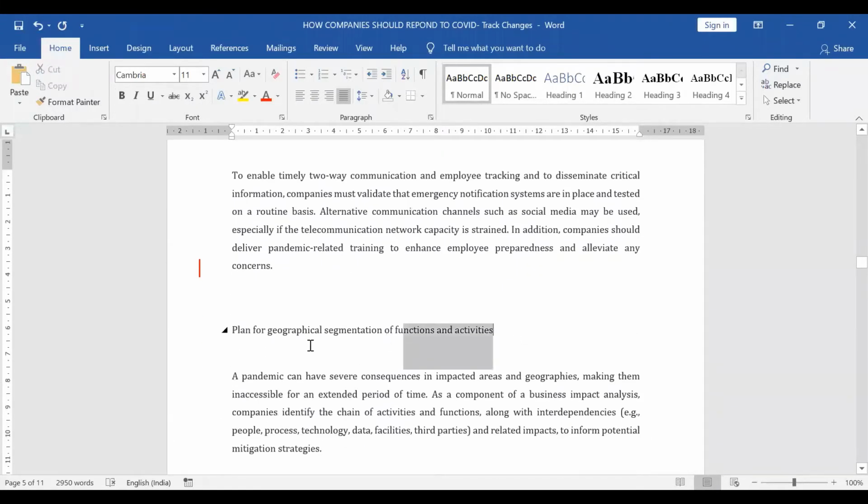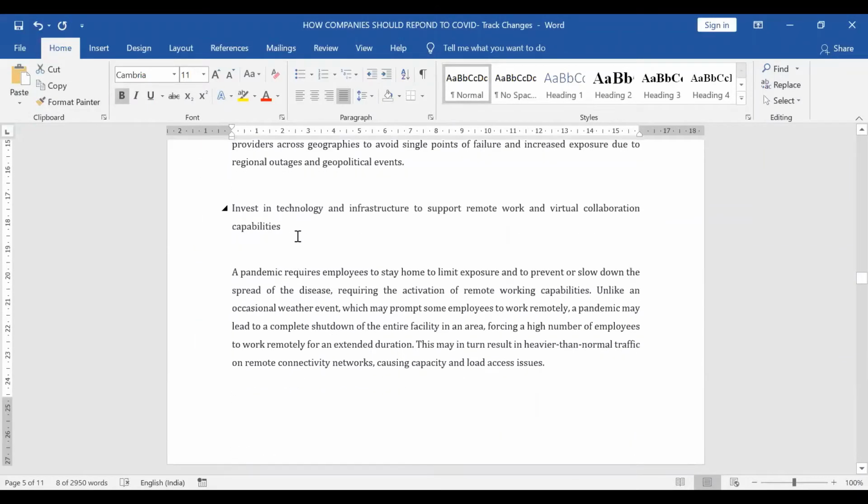As you can notice, I am making changes in various portions of this article so that we can see how we use this functionality.